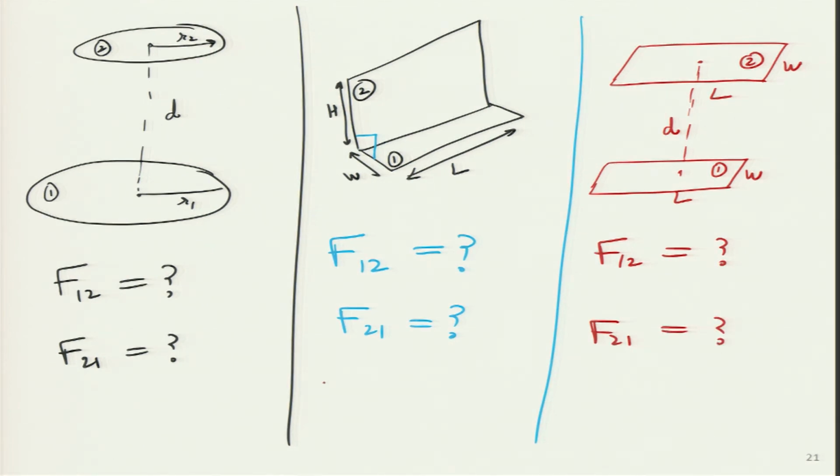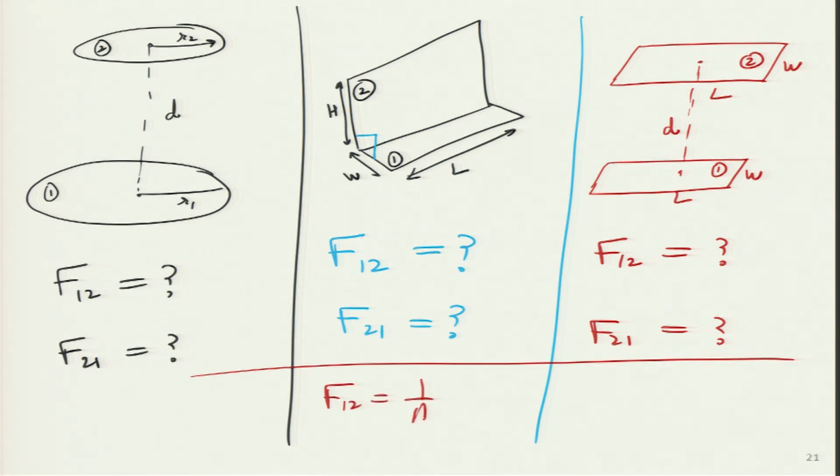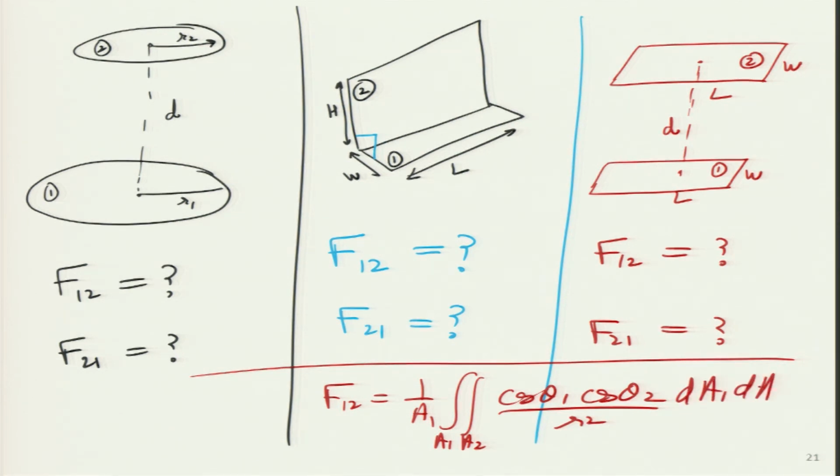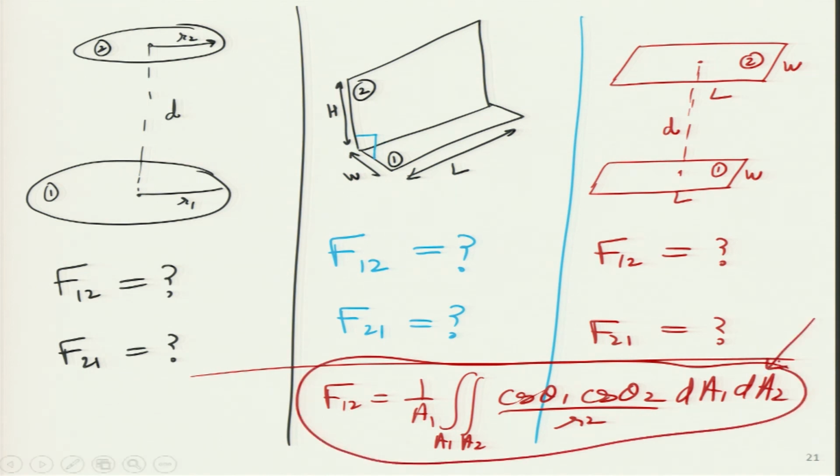So, how do I find them? One way is to use that particular long expression that we have used earlier with A1, A2. I am writing from memory, so please check. I think there is R square over here, dA1, dA2. So, we may use some numerical tools or methods in order to plot the whole thing in a computer and then do piece by piece integration and just add the whole thing up together.